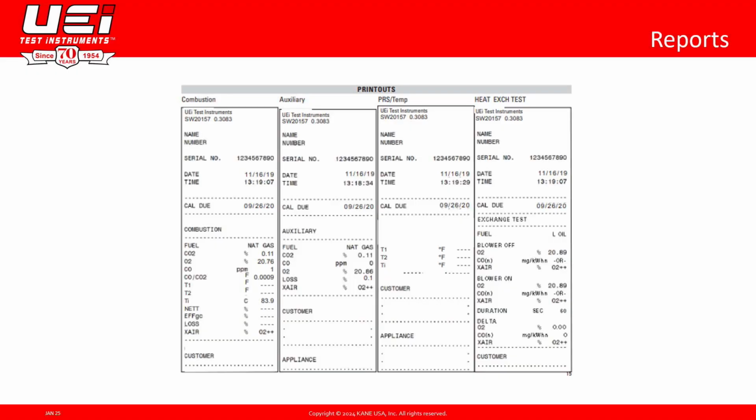Your combustion analyzer should also be able to provide you a variety of reports. So those reports can range from your basic combustion, which is going to show you 10 different metrics that were measured during that combustion test. Another report that your analyzer can do is what we call an auxiliary screen.